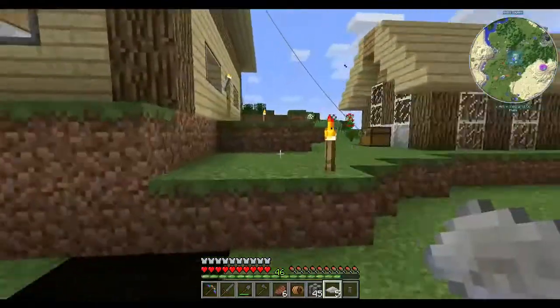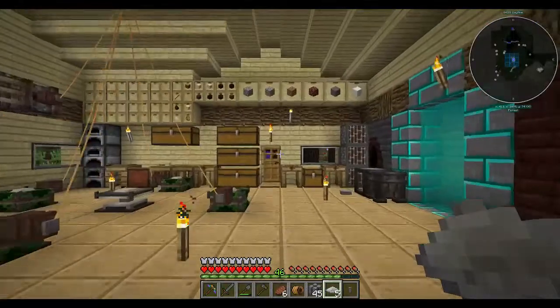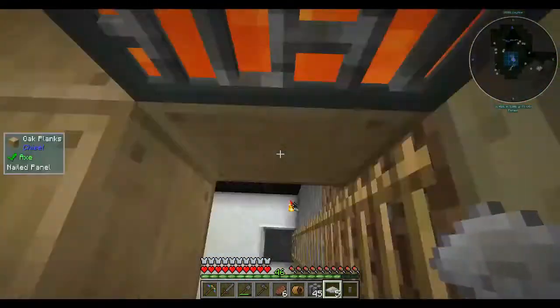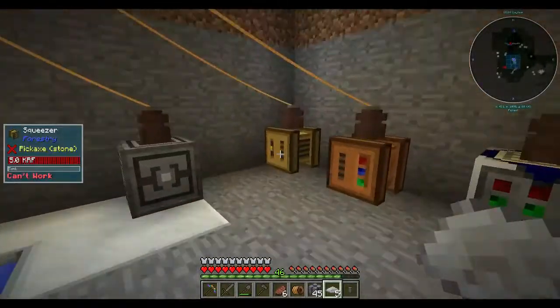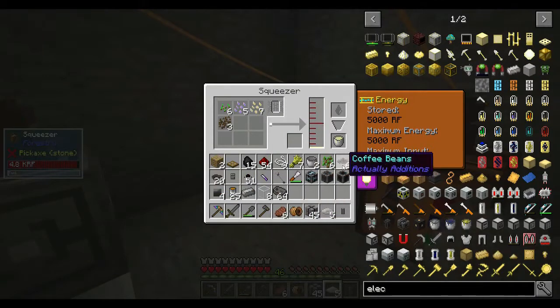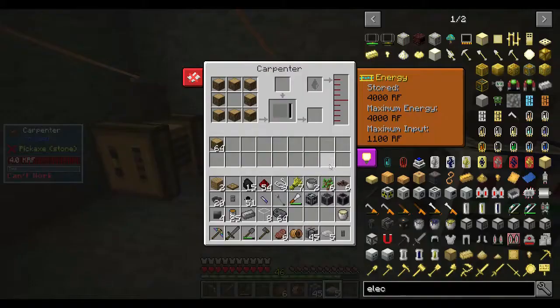Yep, so I was making seed oil downstairs. So, farm items are done. Let's just quickly throw these things in down here. So, we've got a bucket. Excellent. So in here,